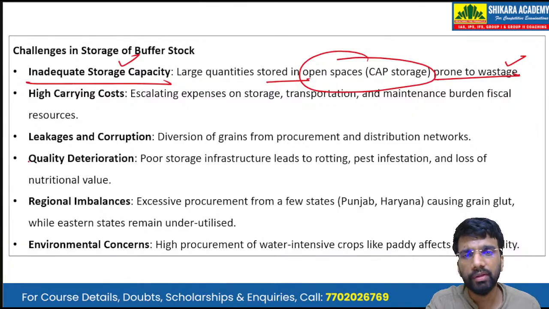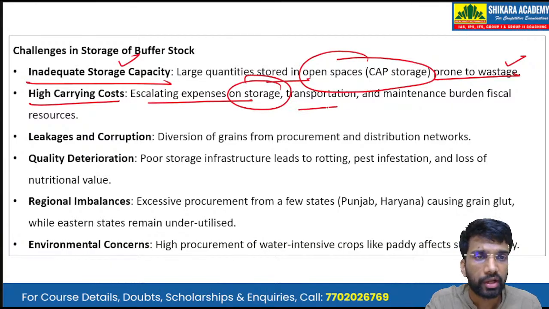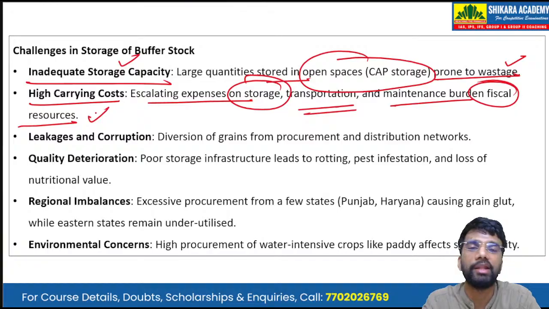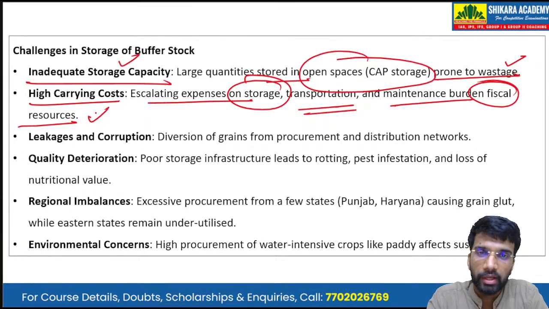Then there are high carrying costs: escalating expenses on storage, transportation, and maintenance burden the fiscal resources. So there has been an increasing cost associated with the storage of these food grains, the transportation of these food grains, and the maintenance